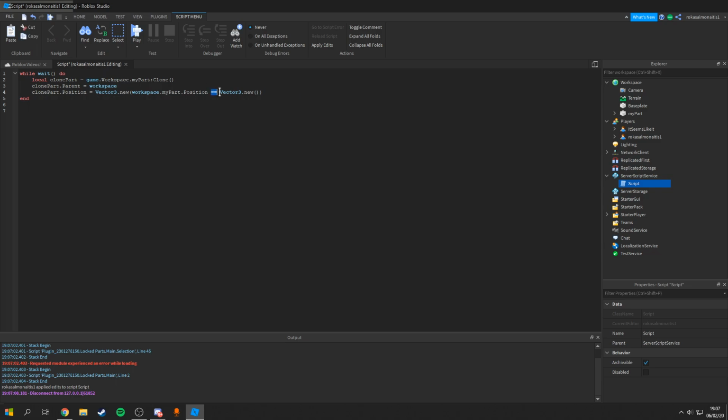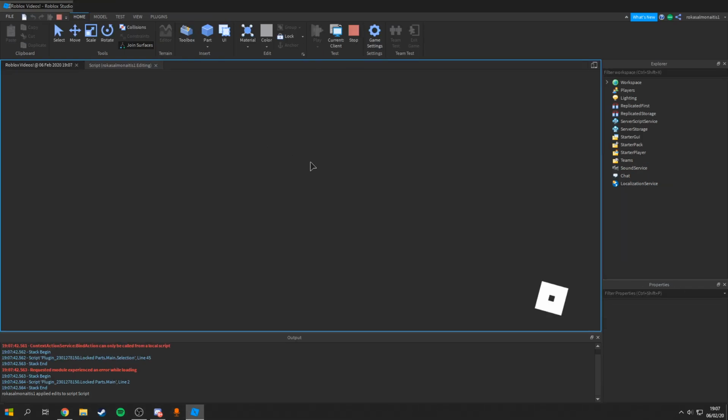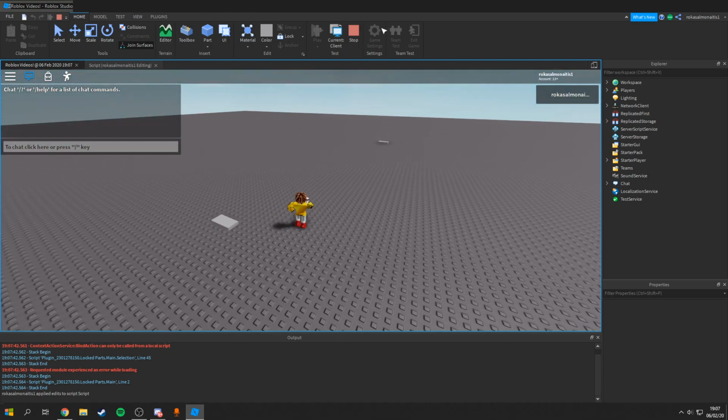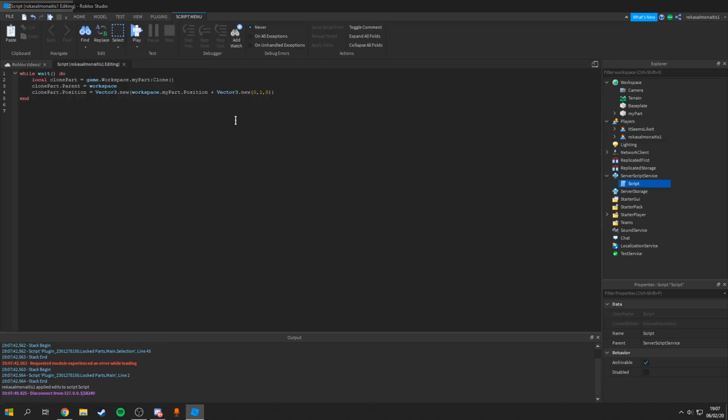Oh sorry. Vector3.new 0 1 0. I am not sure why that is not setting. But anyway, if you want to change the position or something, you would use vectors. So,